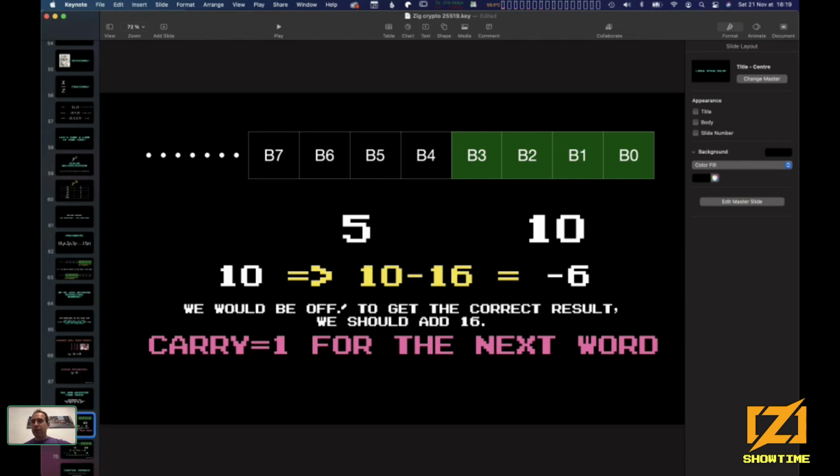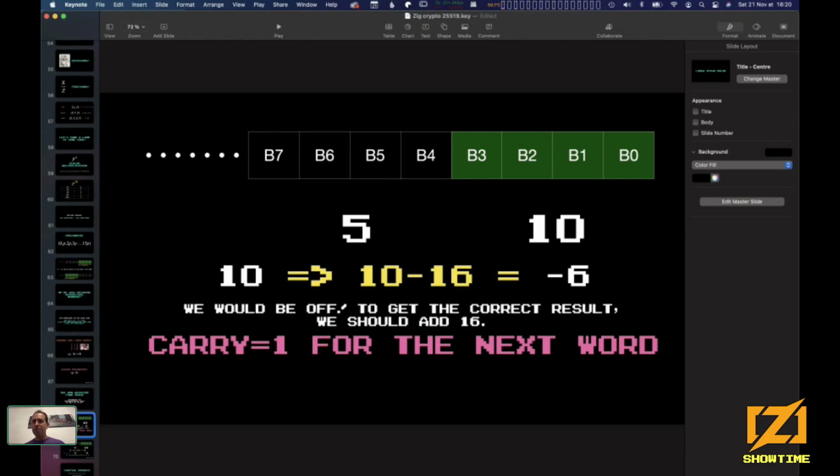Well, let's take a look again at the scalar that we wanted to multiply a point with. So just the n. So we have a first group of 4 bits, b0, b1, b2, b3. And this in decimal is just 10. This is just an example. And then for the next 4 bits, we get 5. Okay, cool. So now we are going to take this 10. So we start from the end, 10. And because 10 is bigger than 8, we are going to remove 16. Okay, that sounds a little bit weird at first. So we get minus 6.